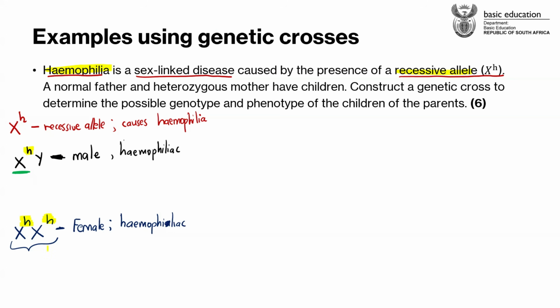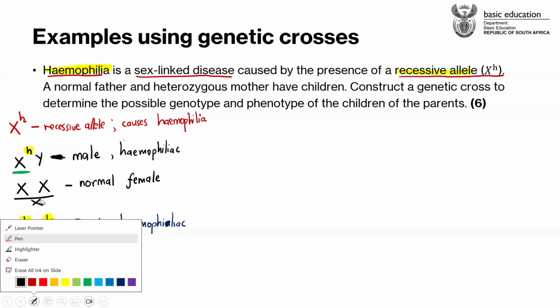So let's just do this, right? Let's say that we have an X, and I say this is XX, like this. This is XX for a female, all right? When we are dealing with scenarios of sex-linked inheritance, guys, each and every chromosome must have an allele on top of it. If I want to say that this is a normal female, it means that this female does not have hemophilia. This is an incorrect genotype, guys.